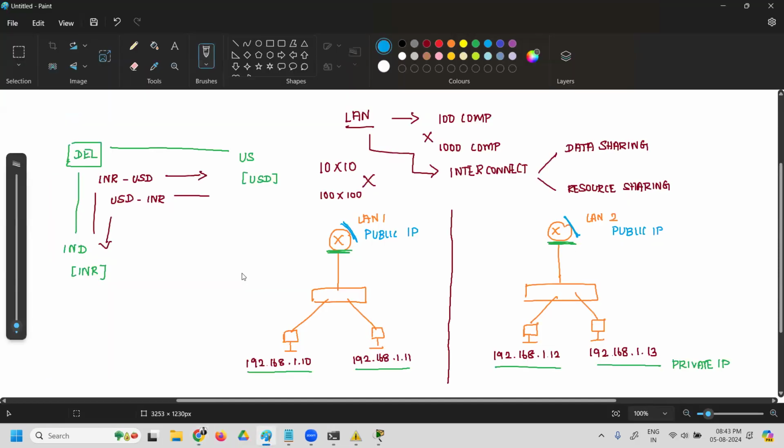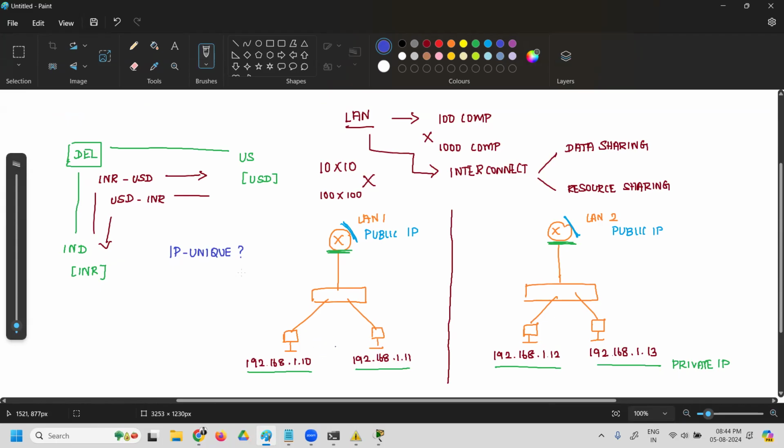Now, talking about whether IP is unique or not, that's a big question. Whether an IP address is unique or not unique, what do you think? When someone asks you this question, you ask them in return whether they're talking about private IP or public IP. Okay, now when it comes to private IP, listen to this clearly. A private IP is unique inside a LAN.